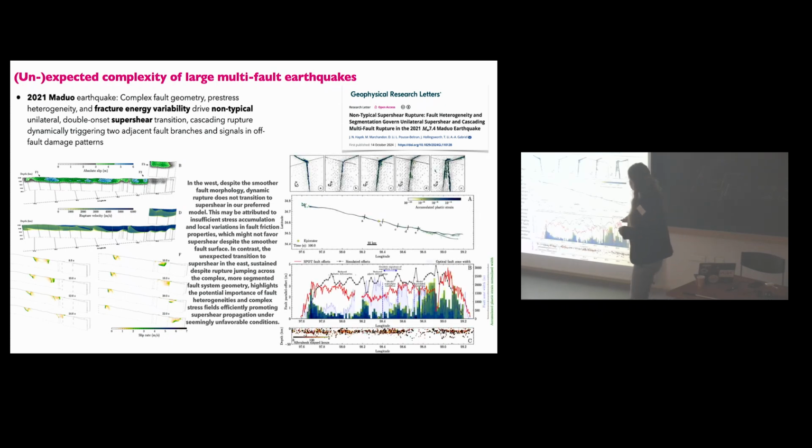Okay. Another recent example, so this paper just came out 2 days ago. So we're studying the Maduro earthquake. In this case, it just adds to these open questions. We're modeling the non-typical unilateral doppel onset supershear transition with fracture energy variability along this fault system, which might be linked to differences in fault maturity. And we can see some really interesting patterns of that dynamic rupture complexity in fault zone optical image correlation. So for example, we might see a geodetic signature of supershear transitions in the optical fault zone width.